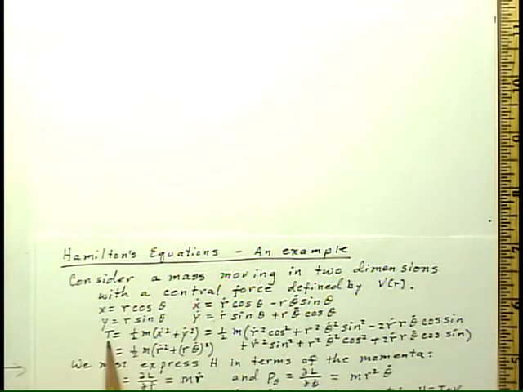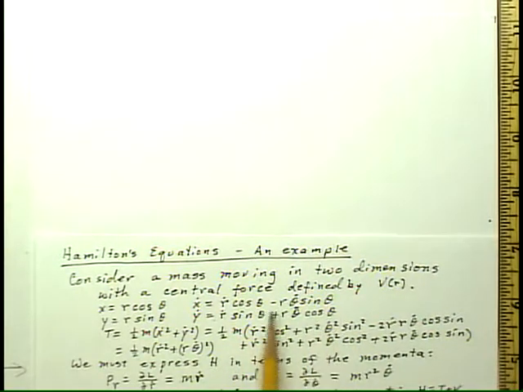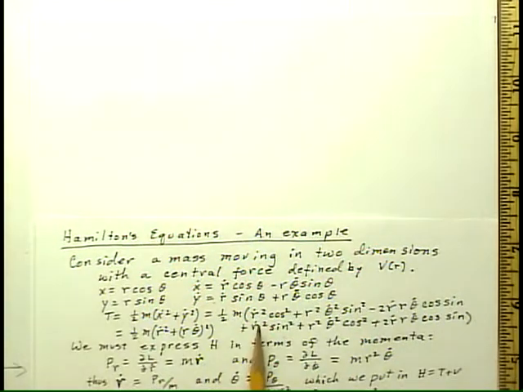Then we can write the total kinetic energy as 1/2 m (x dot squared plus y dot squared). Well, we have to put in x dot and y dot in terms of the new polar coordinates r and theta. When we do that, we get 4 terms, 1/2 the mass times the squares of all of these terms. That will give us, in particular,